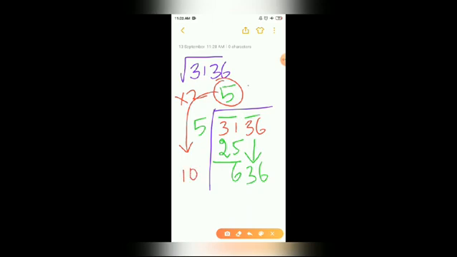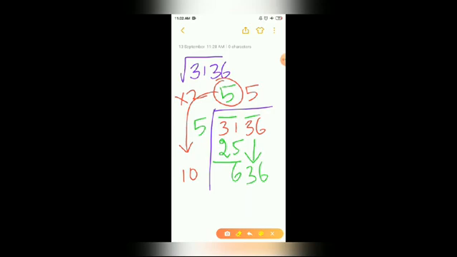The next step is you write any one number in the quotient, and you also write the same number in the next divisor. For example, here 1, here also 1. 1 into 101 is 101. 2 into 102 is 204. For example, 5, here also 5. So 105 into 5 is 525.